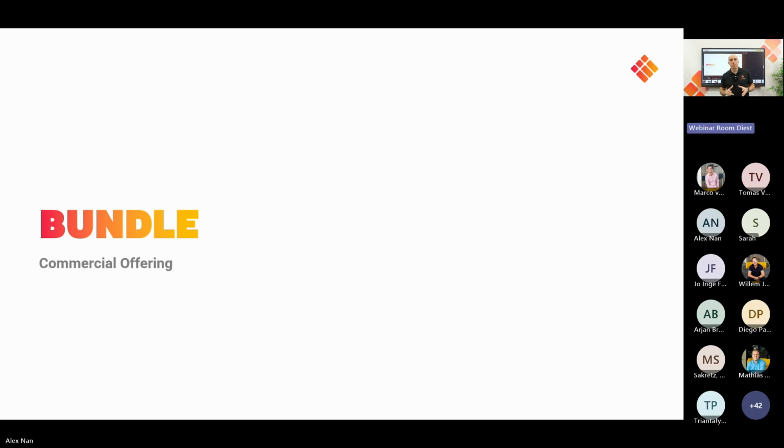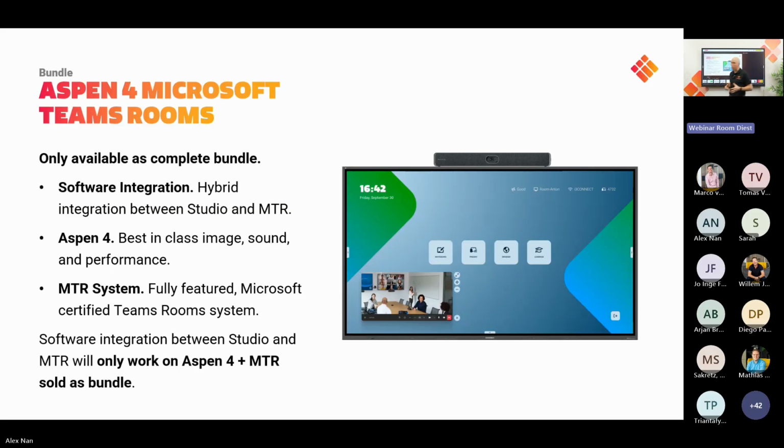So as Mathias mentioned, we are talking here about a bundle. And there are three important components in this bundle. The first component is the software. The software that you saw during the demo that allows you to use all the advantages of MTR in combination